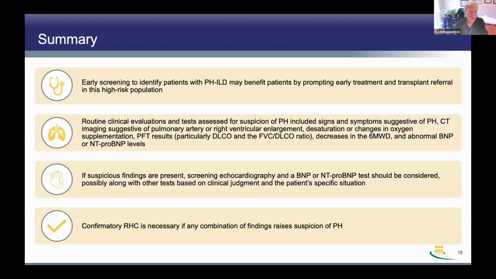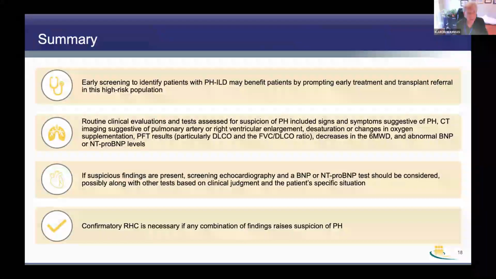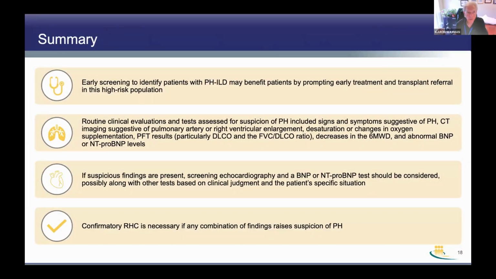So to summarize this part, early screening to identify patients with pulmonary hypertension and interstitial lung disease may benefit patients by prompting early treatment and a transplant referral in what is clearly a high-risk population. Routine clinical evaluations and tests assessed for suspicion of PH included signs and symptoms suggestive of PH, CT imaging suggestive of pulmonary artery or right ventricular enlargement,